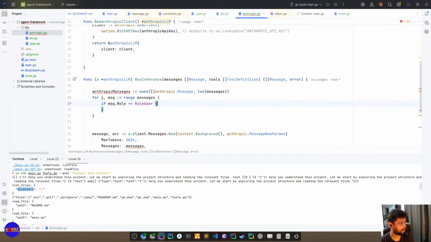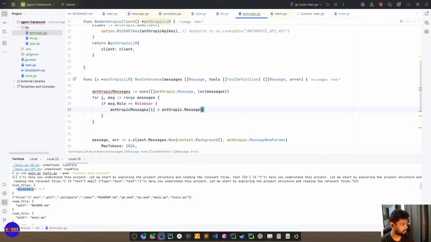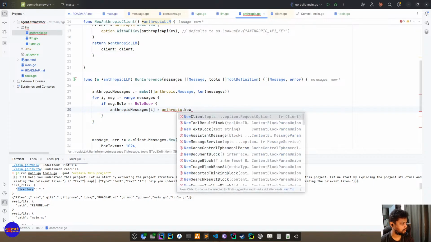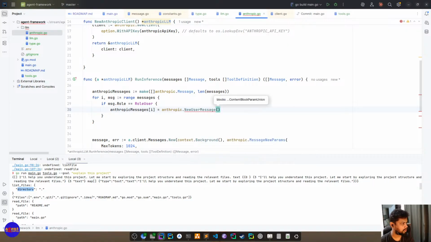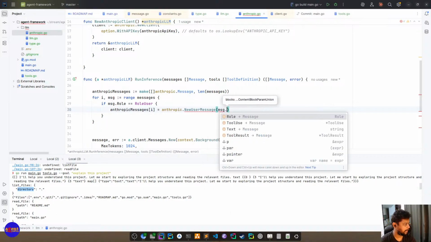Okay, we can just use I, right? I, yes. New user message with message text, right?